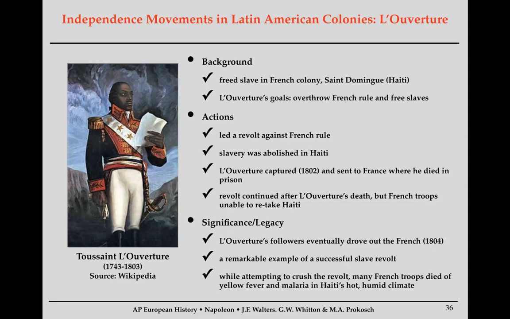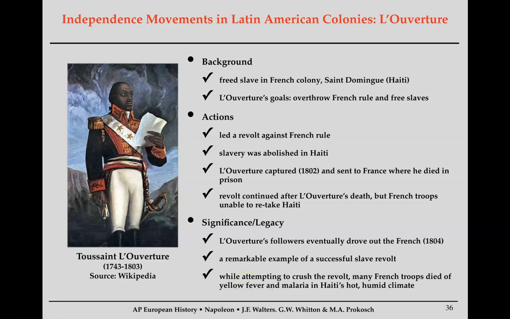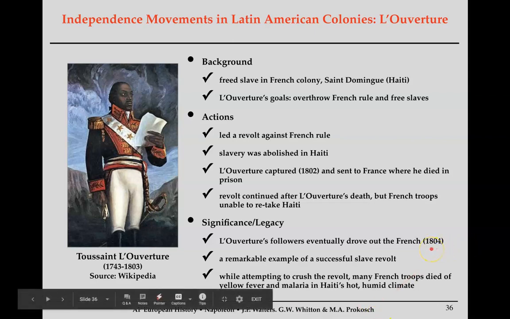And eventually, because of a combination of the well-trained Haitian military and, of course, the destruction wreaked upon French troops by yellow fever and malaria, France will pull their troops out, and Haiti becomes officially the very first truly free republic in the Western Hemisphere. Yes, please note what I just said. Truly free republic in the Western Hemisphere. I include that with the United States because the United States still had slavery at this point in time. Haiti will officially abolish slavery. They will create a constitution that was mostly written by Toussaint, based on enlightened ideals of equality.